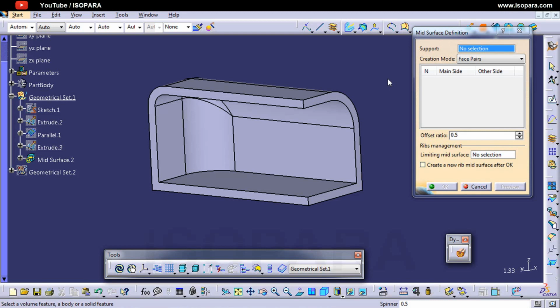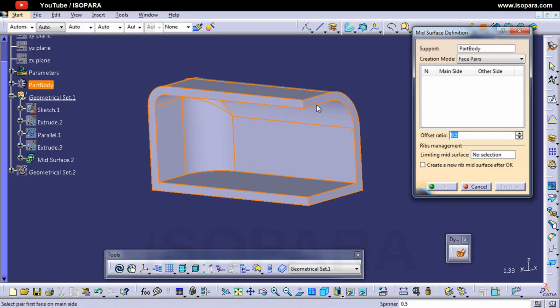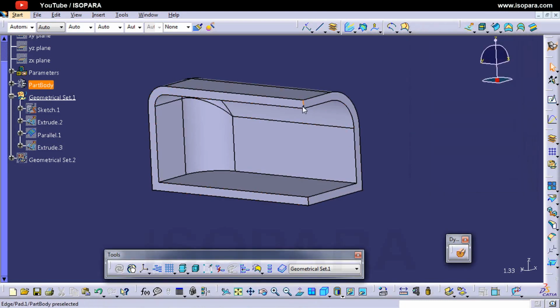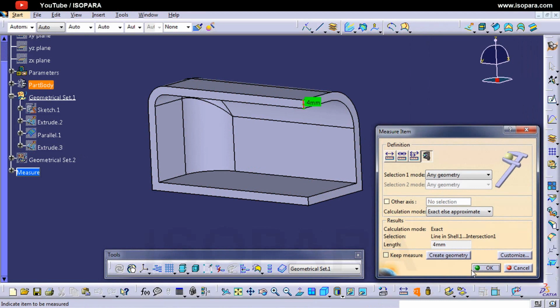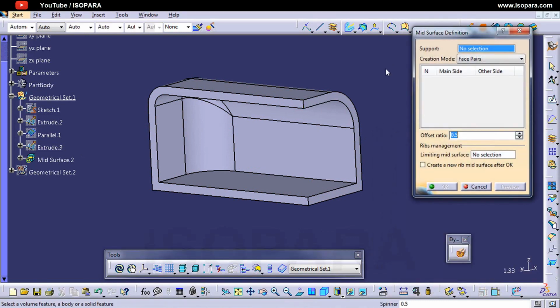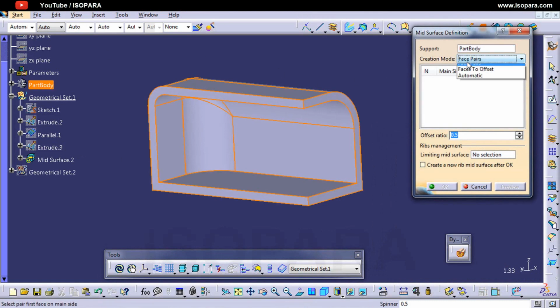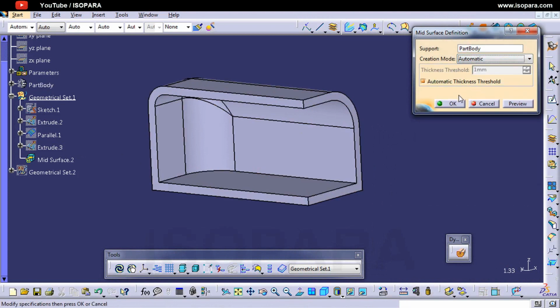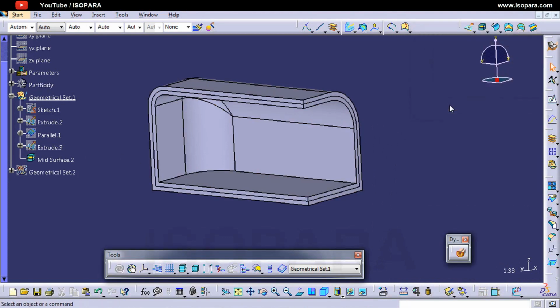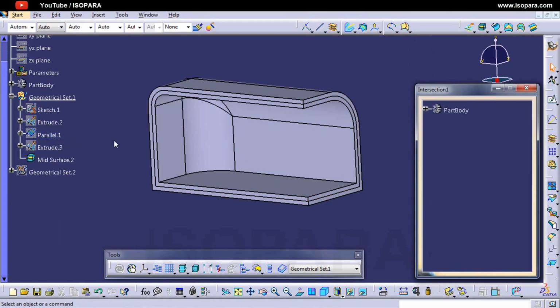So right now I have a body here. Okay, so this body has a thickness of 4 mm. Now I want to extract the mid surface of the complete body. For that I will go to the automatic option, creation mode, in the automatic option and press OK. If I do so and I hide the part body, you will find that